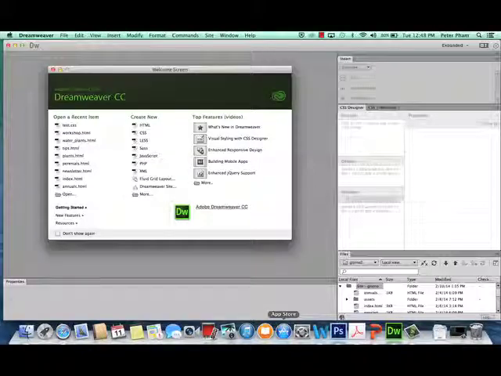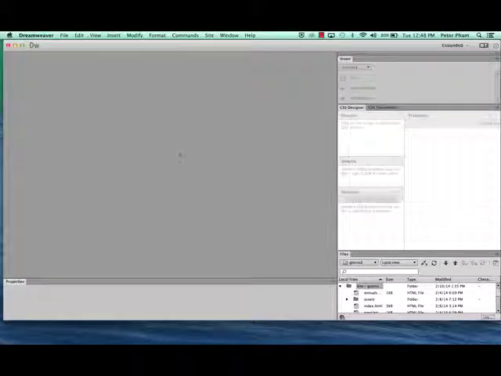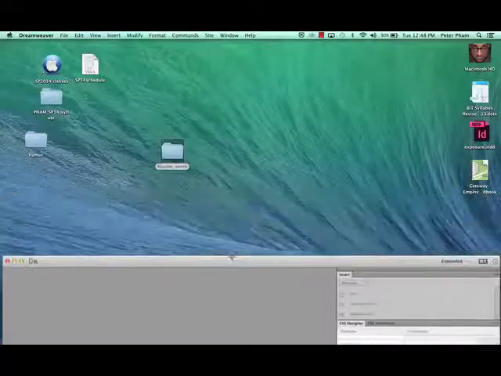Okay, we're going to talk a little bit about how you can open up, or my recommended method for opening up, a root folder inside of Dreamweaver. Now this one's been recorded for Dreamweaver Creative Cloud because there is a slight difference between the Creative Cloud interface and the CS6 interface. So I'm going to close this for starters,